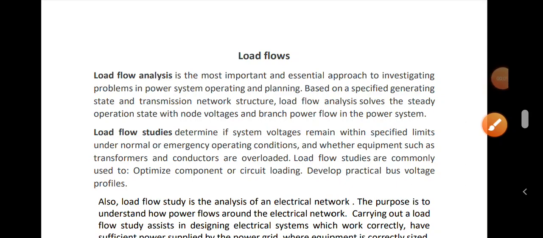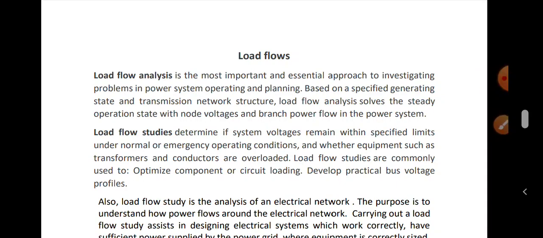Dear students, this is Manoj Kushwaha, and today we will study a brief about the load flow studies and how the buses are classified and what is the basic equation used in load flow studies, as well as what are the specified quantities at the buses. So we will start from the analysis of the load flow.